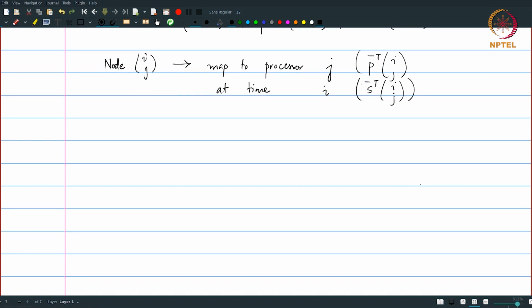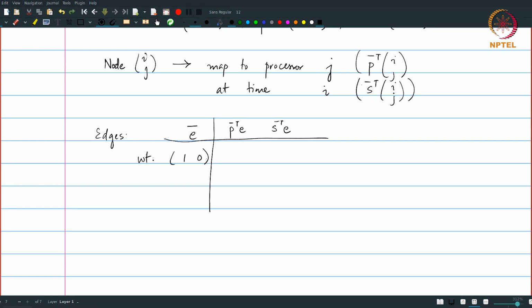Okay. What do the edges map to? We can just write down the P transpose E and S transpose E values over here. The weights correspond to the edge